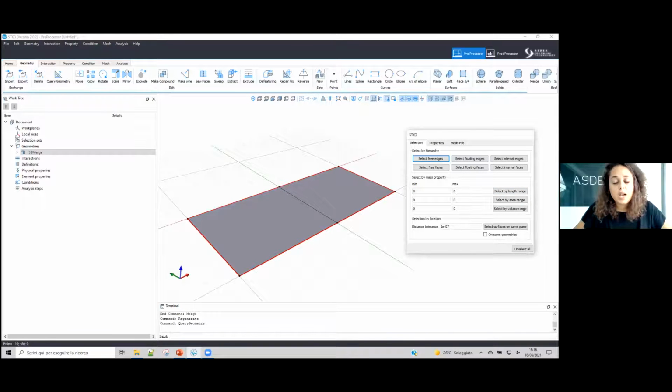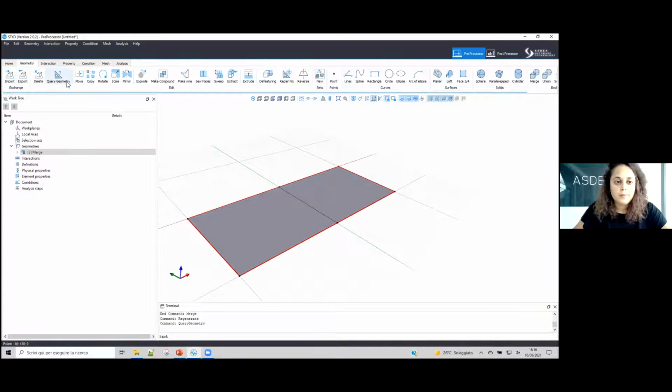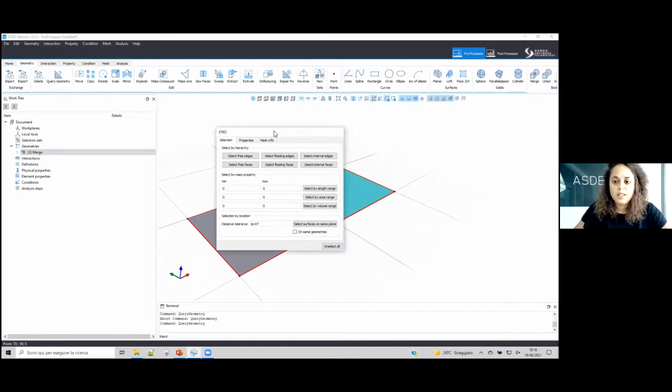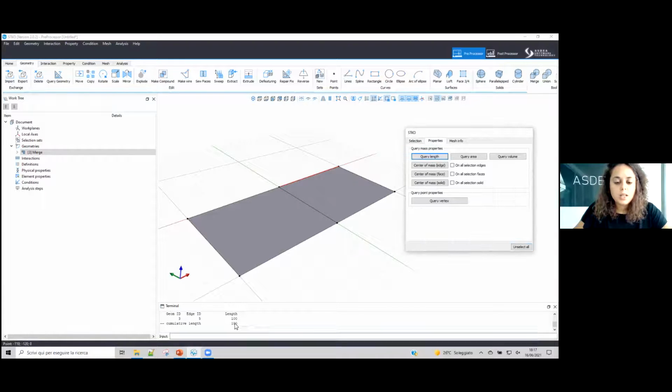They're really useful if you have large models. The most used one by everybody is the query length. Just remember that if you click ask to unselect your geometries, you will just exit also the tool. So we provided you with this little unselect all button to just reselect what you want. You will be able to use the quick toolbars here. And for example, if I go on edges and I query the length of my edge, it will be printed